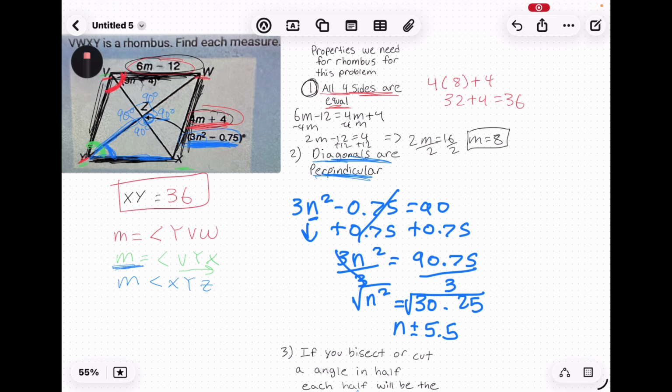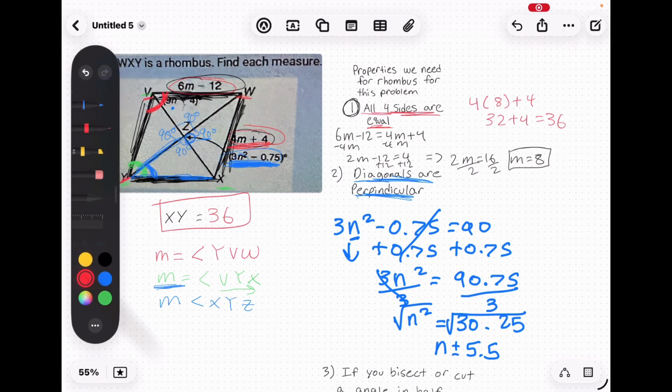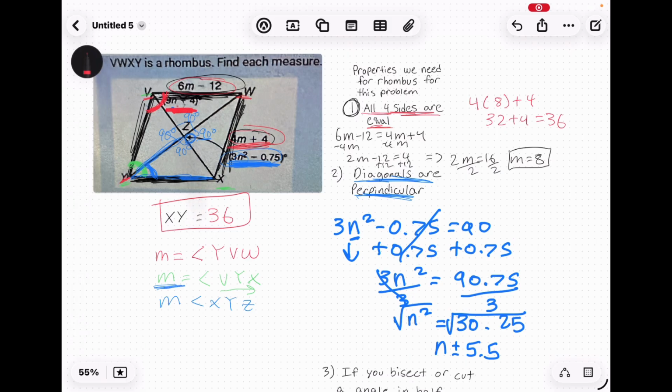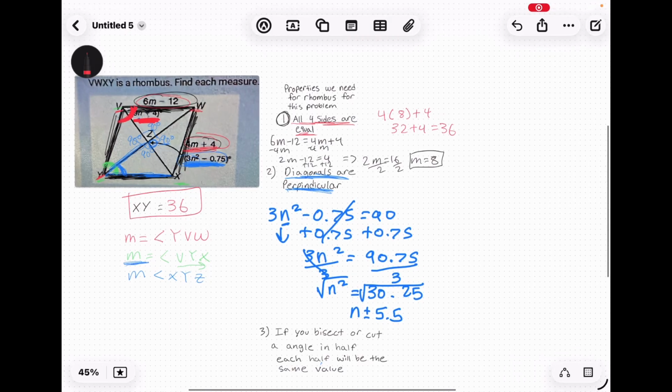Okay, so now since we know what our n is, we are now going to plug it in for this formula right here. Let me draw it in red here. And that is 9n plus 4. And that is what we're going to need in order for us to solve for that angle. So 9n plus 4. Okay, so I'm trying to solve for the red angle, so that's